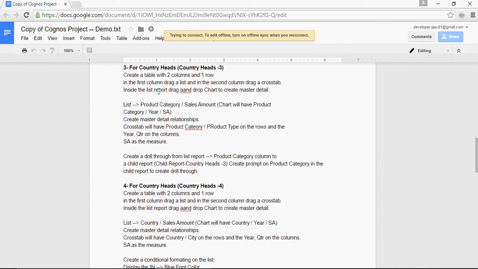Inside the list report, drag and drop chart to create master detail. This is the concept. In the list we should have product category and sales amount. Chart will have product category, year, and sales amount. SA is sales amount. Next is create master detail relationships between list and chart,